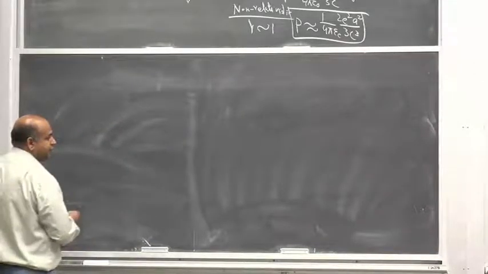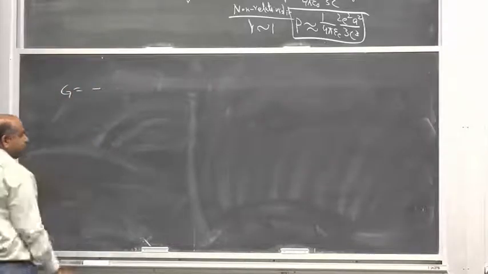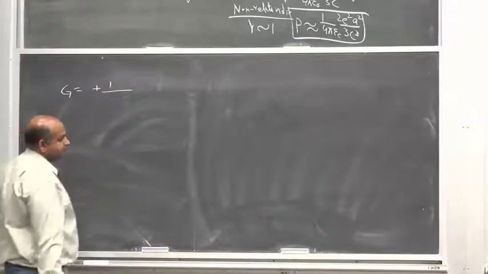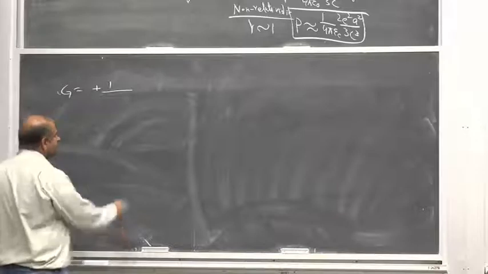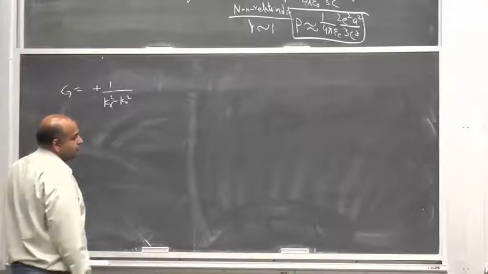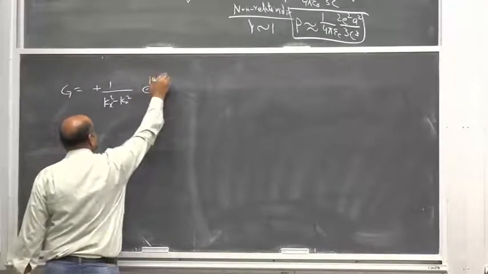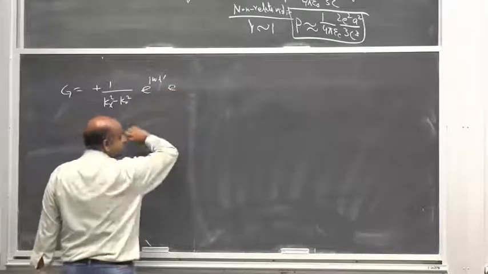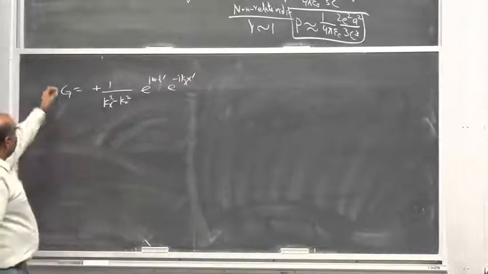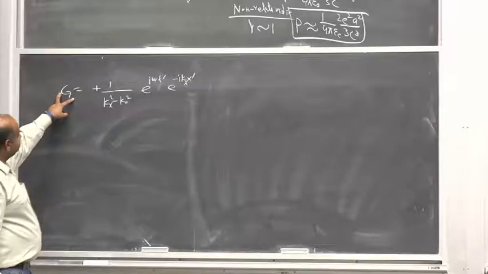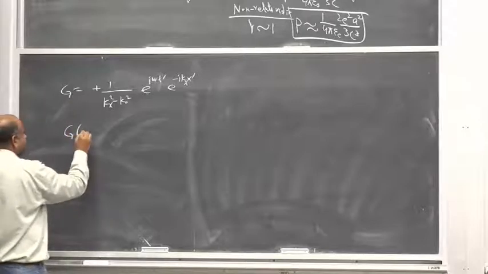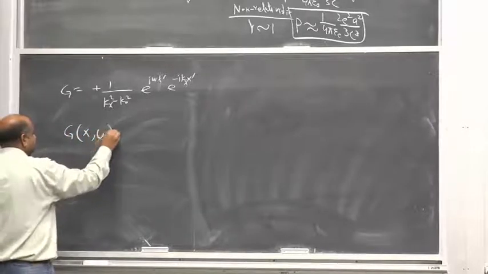अगर आप ये लास्ट अलजेब्राइक इक्वेशन को सॉल्व करें तो g आ जाएगा माइनस, तो इसको प्लस ही कर लें 1 over kx square minus k naught square, exponential omega t prime, exponential minus x prime. अब हम पहले इसमें कहते हैं कि इसका kx में ले लेते हैं तो so g in x and omega would be